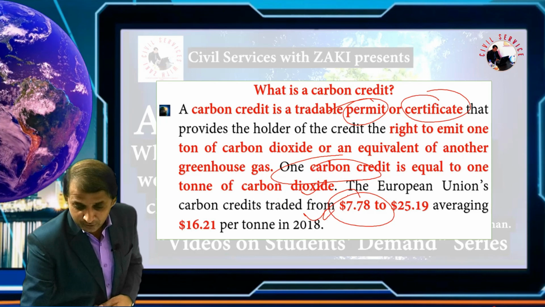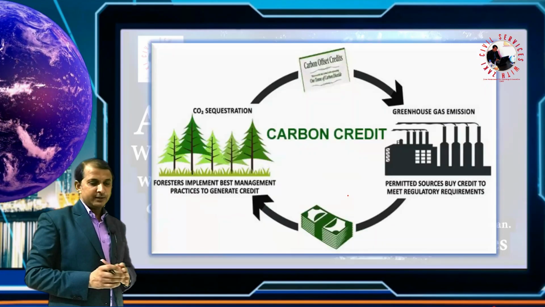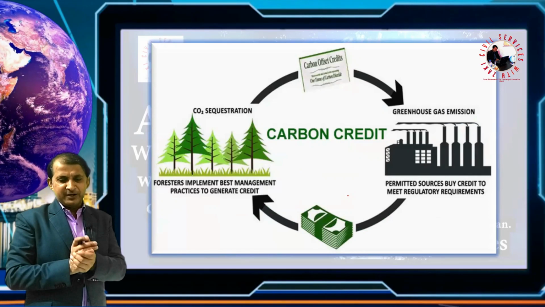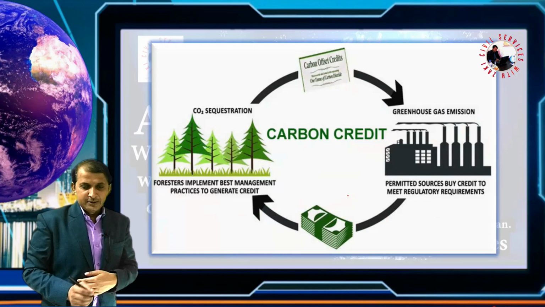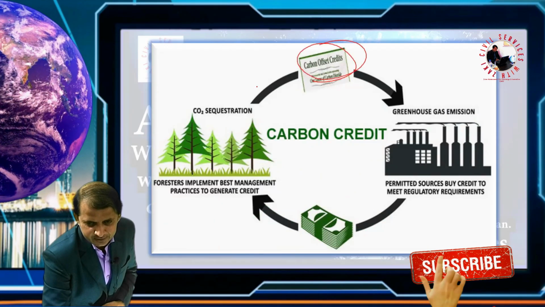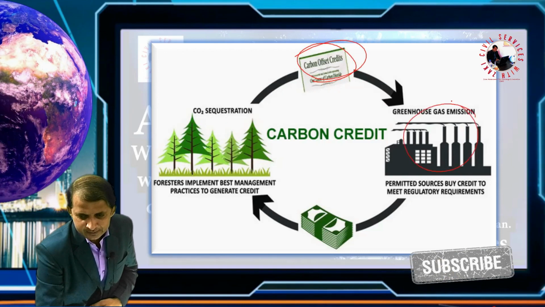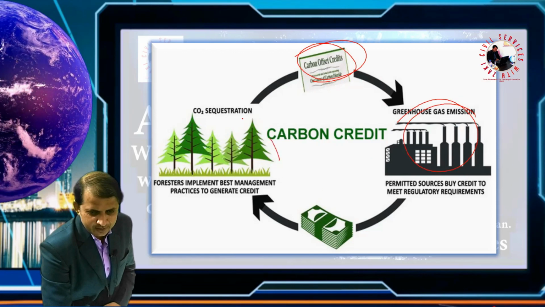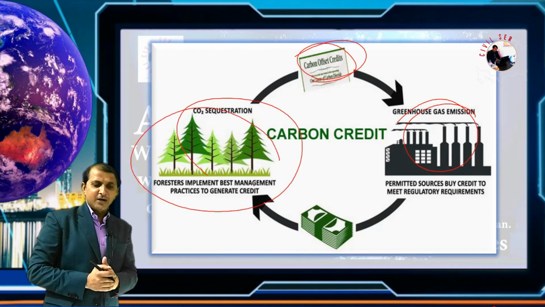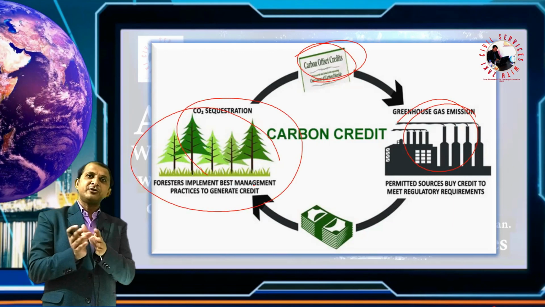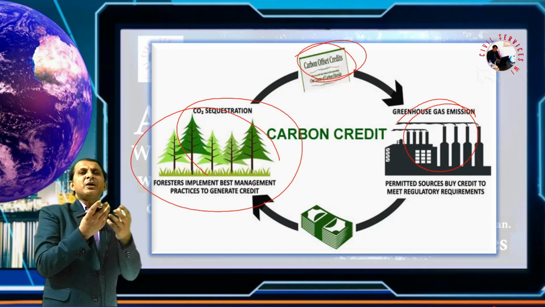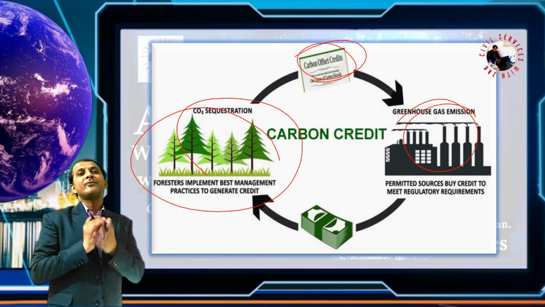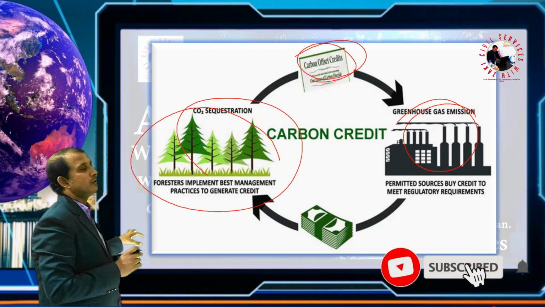Let's move forward. This is a composite picture showing how carbon credit works. It is an offset carbon credit. Some industries release greenhouse gas and then pay for an area where carbon sequestration happens. They sequester the carbon using technology like carbon capture technology, whether natural or artificial, used for carbon capture.